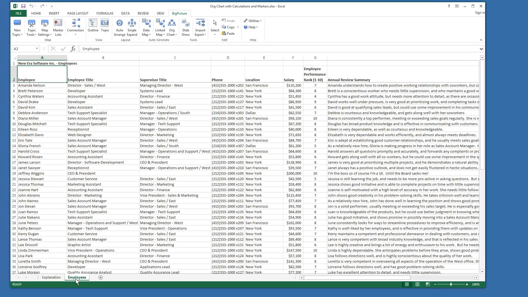So let's go ahead to the Employees tab. In this data set, you'll see we have employee name, employee title, supervisor title, phone numbers, location, etc. And we want to create an org chart. In order to create an org chart, we need to let BigPicture know that there is a linkage between two